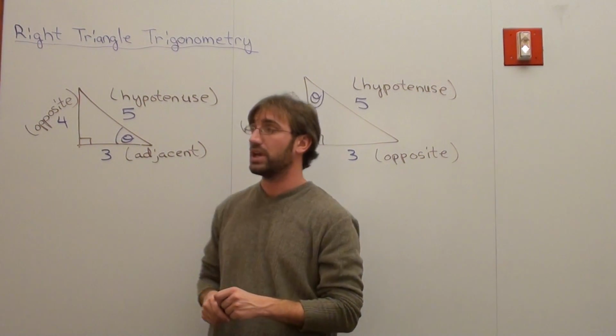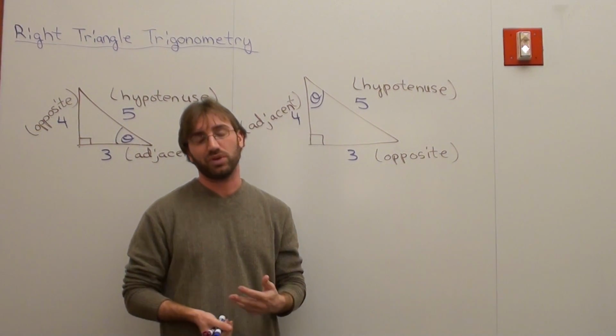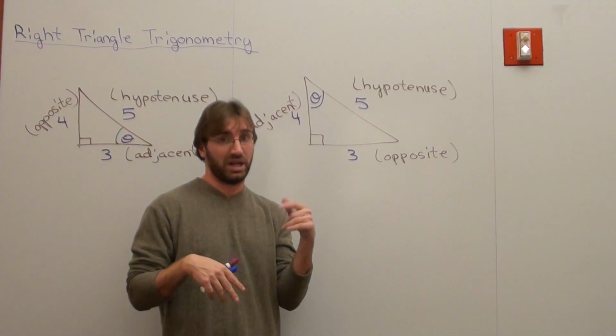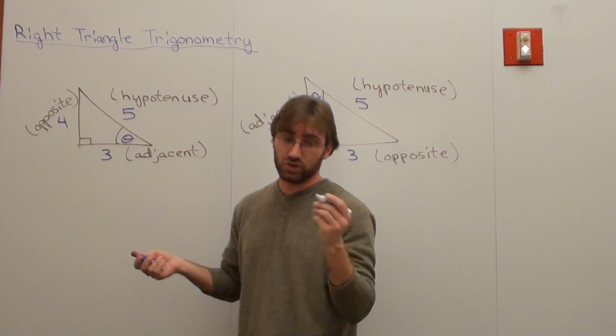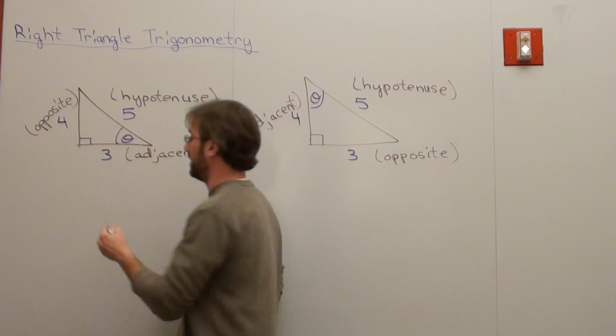6 trig functions. I'm not going to spell them out, but I'm going to abbreviate, because that's what your book would do anyways, and most people just abbreviate. They don't spell out secant, they just spell out SEC. So here we go. One of the trig functions is called the sine. It's S-I-N-E, but it's abbreviated as